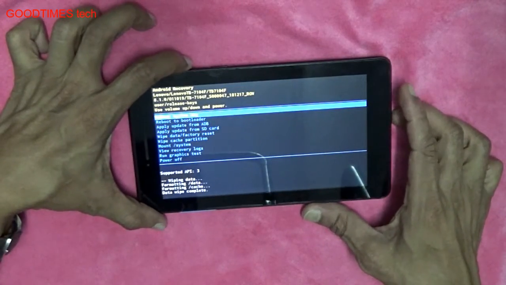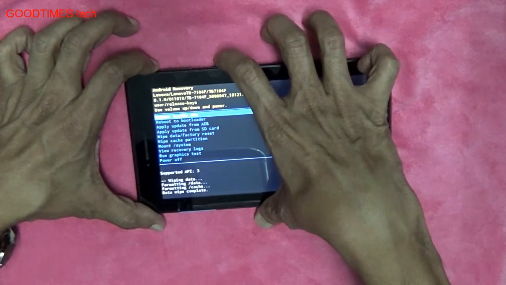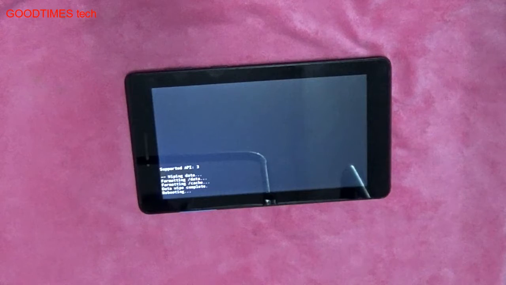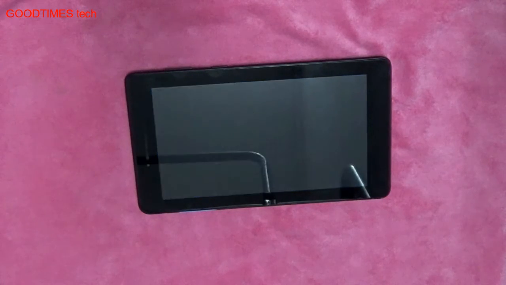It's resetting, and now reboot. Press the power key once again. The system will reboot.